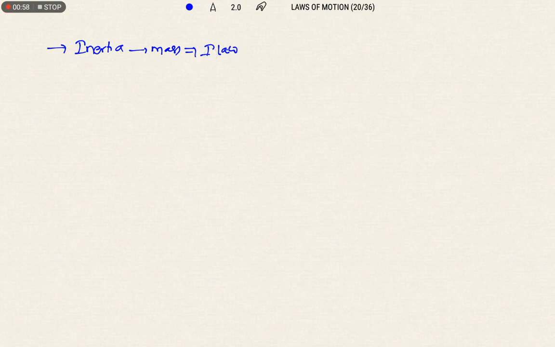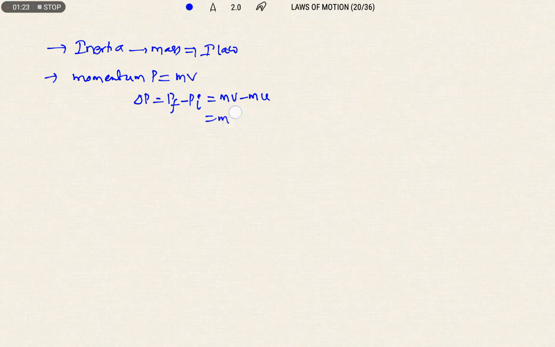In the same way, after this we discussed momentum. So what is momentum? Momentum is the impact created by a body on another body due to its motion. What is the formula for momentum? Momentum P equals mv we can write. If they are asking change in momentum, it equals final momentum minus initial momentum. So mv minus mu, we can also write m times (v minus u) is the expression for change in momentum. And then after that we discussed Newton's second law.